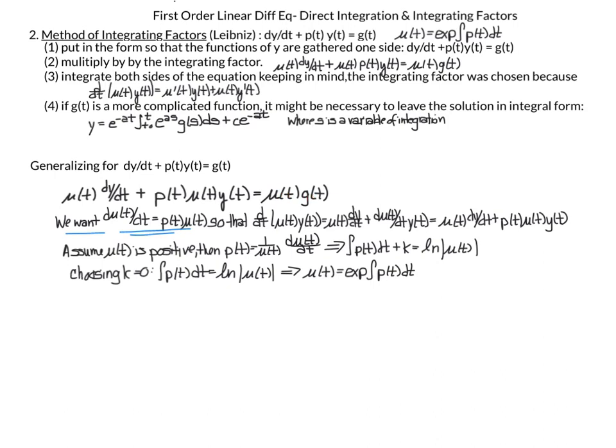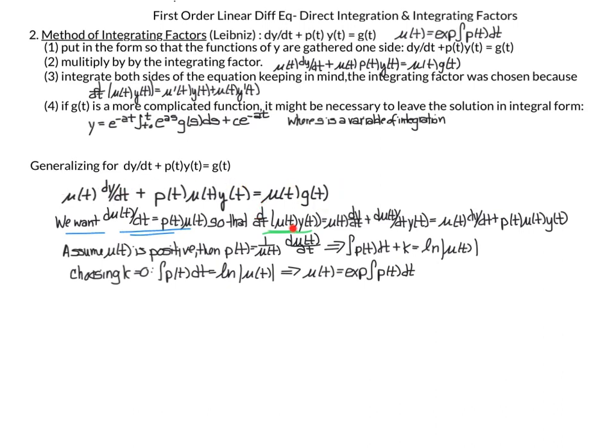And so here, once we have our general form of the differential equation, we multiply by mu of t. So here we have mu of t dy/dt, our mu of t p of t y of t, and our mu of t g of t. And I want to remind you that before we considered, after we integrate both sides of the equation,